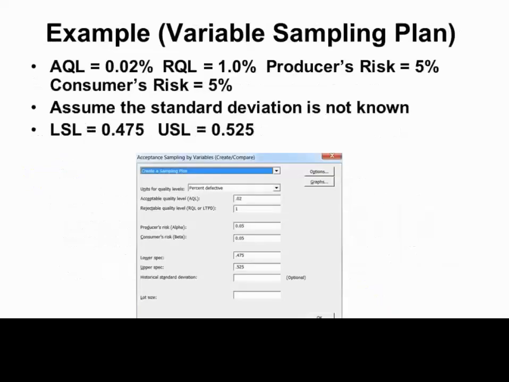So here's an example. The AQL is 0.02% and the RQL is 1%. Producer risk and consumer risk I have both as 5%. And in this plan, you can assume, if you want, that the standard deviation is known. I'll show you that in a minute. Here, I'm not assuming that. And then here are the spec limits. So you'll need the spec limits in this problem as well. So I'm just basically putting all this stuff in, and then